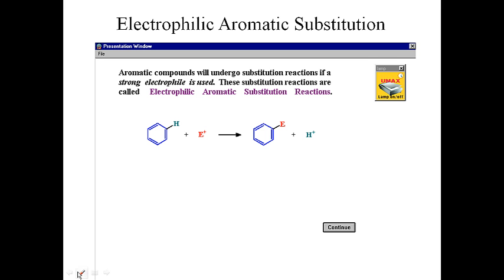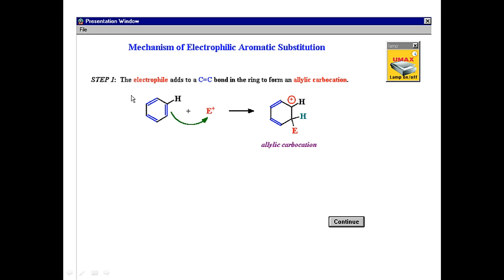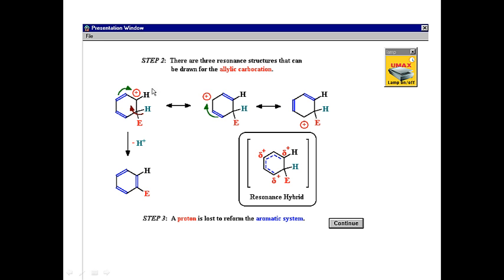In the last lecture, we started to talk about electrophilic aromatic substitution and the idea that if we can take an electrophile, or make a strong enough electrophile, that will add to the double bonds of a benzene ring, what will happen is that we'll in essence add the electrophile to one of the carbons of the double bond. We will end up forming an allylic carbocation intermediate, and that allylic carbocation intermediate will have a series of resonance structures